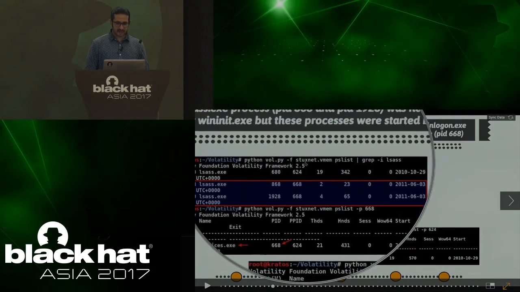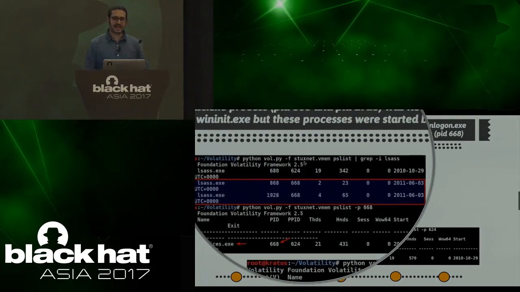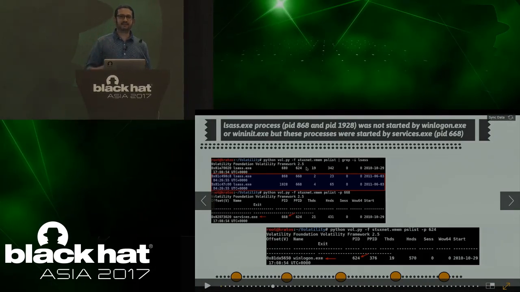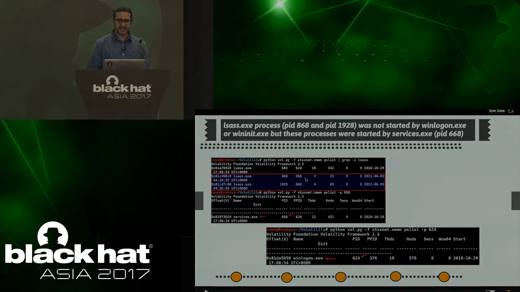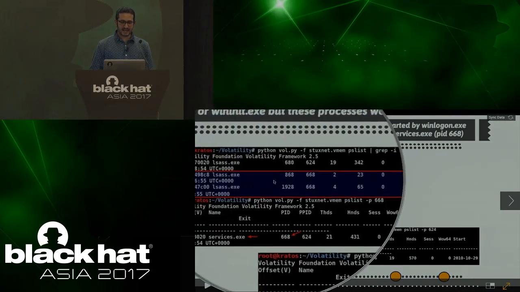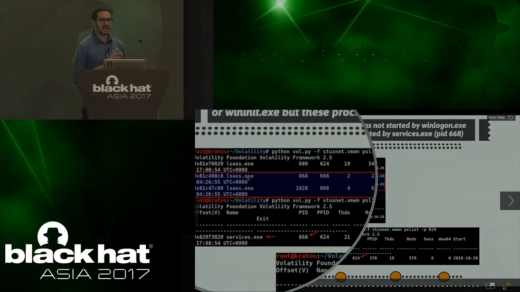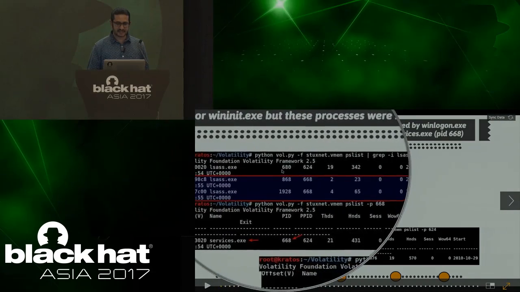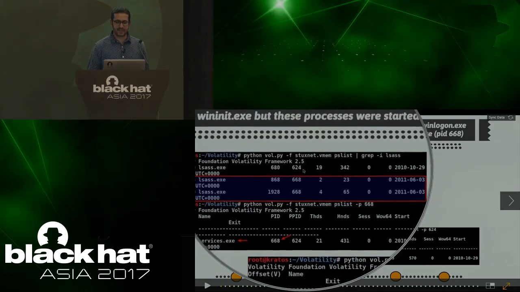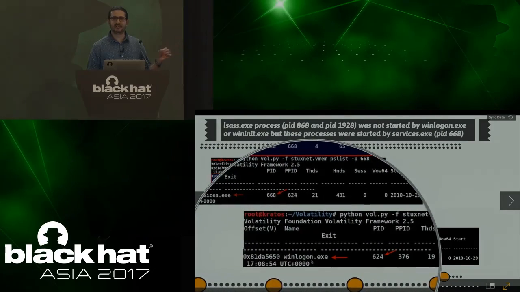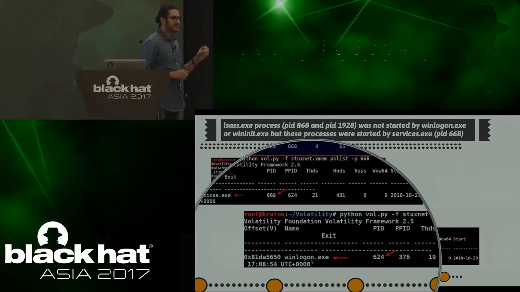So this is a memory image, an infected Stuxnet memory image. So one method to detect hollow process injection is running the process listing, look for the parent-child relationship. Now you see that there are 3 lsas.exe running on a system, but you see that one of the lsas.exe has a parent ID of 624, which is associated with winlogon.exe, which is normal. On a clean system, lsas.exe is started by winlogon.exe.